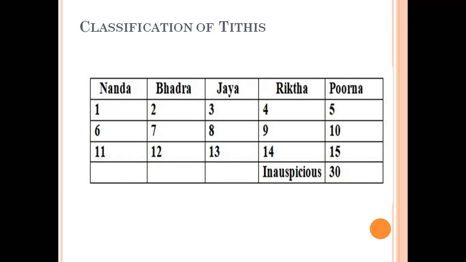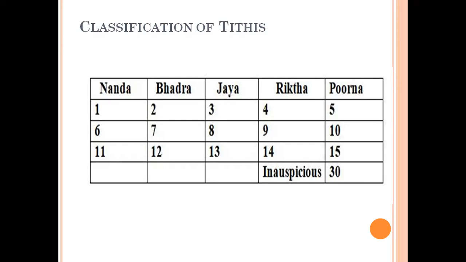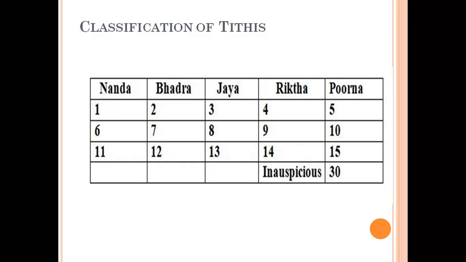Then some of you might question, sir, what about Ashtami? Ashtami is also bad. Yes, Ashtami is also bad, but these tithis can be used on certain occasions where they are very much useful. For example, they say Ishtaha Janmashtami. That means the Krishna Paksha Janmashtami is very much favorable for marriage. Like that, there is a rule in the Kala Vidhanam. Similarly, there are other tithis which may not be suitable for one activity, but they may be highly auspicious for some other activity. Okay, there is a mixed baggage because, as I keep saying, this is targeted from a beginner's point of view. Let us not get too complex.